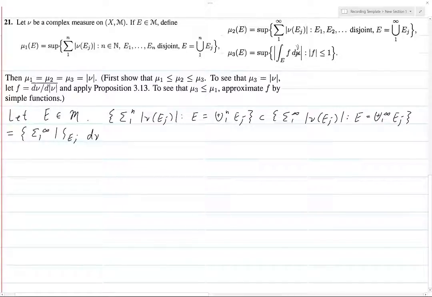I don't want it to look like an absolute value sign because we have an absolute value sign there. This is, of course, again, E equals the disjoint union of 1 to infinity Ej. But certainly, these constant functions 1 are always less than or equal to 1, and so this is a subset of,